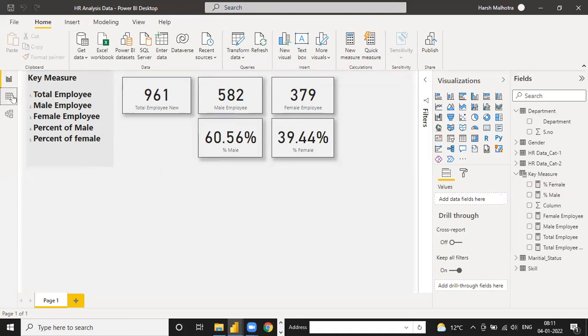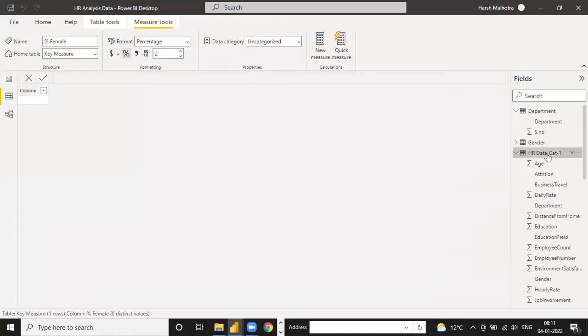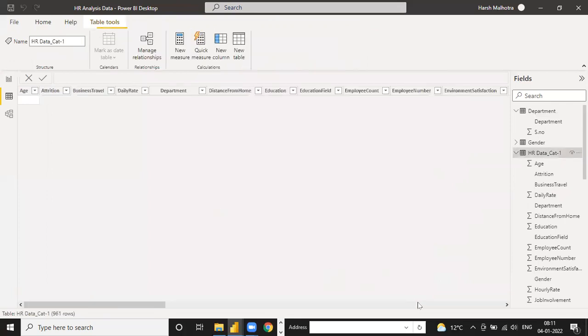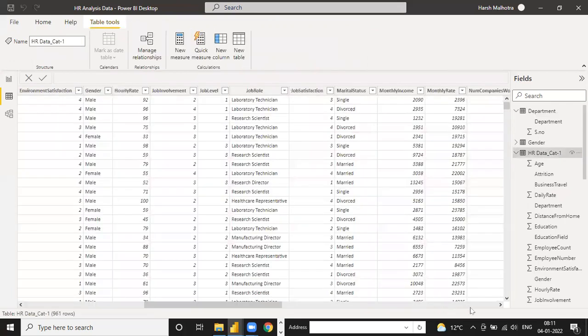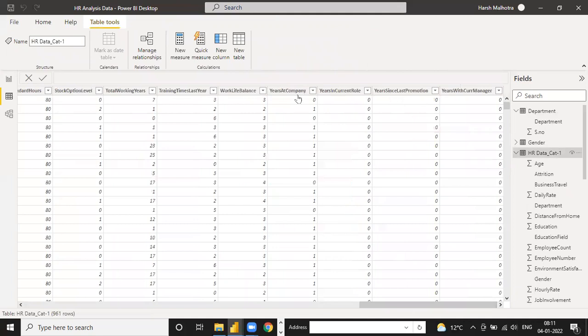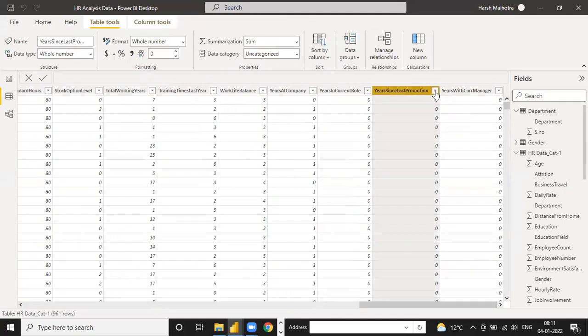Okay, so now I'm going to my HR data category 1 again. Now let's move to another step. We have to write some condition, with the current manager, last promotion. Click on this. First we have to check that last promotion.